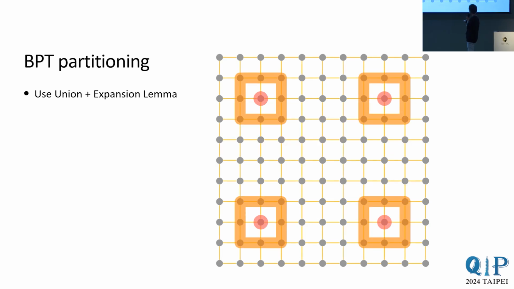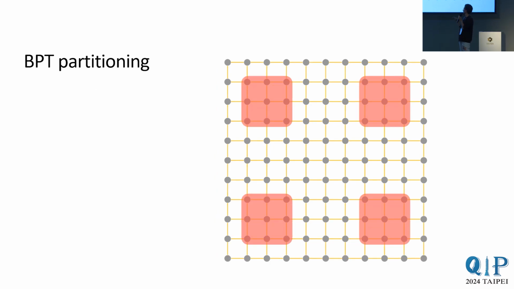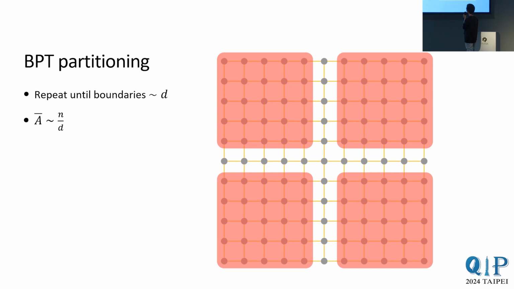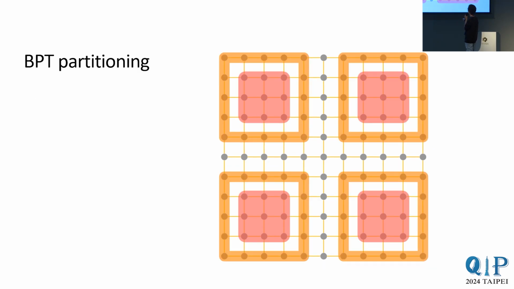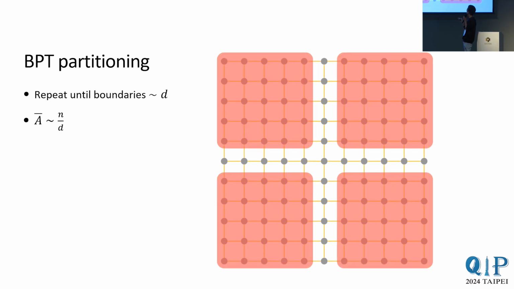Now, if the distance is large enough, then these boundaries are also correctable, and I can use the expansion lemma to grow my region. So I obtain larger and larger correctable regions until I reach the point where these boundaries have size D. Great, and I obtain a massive